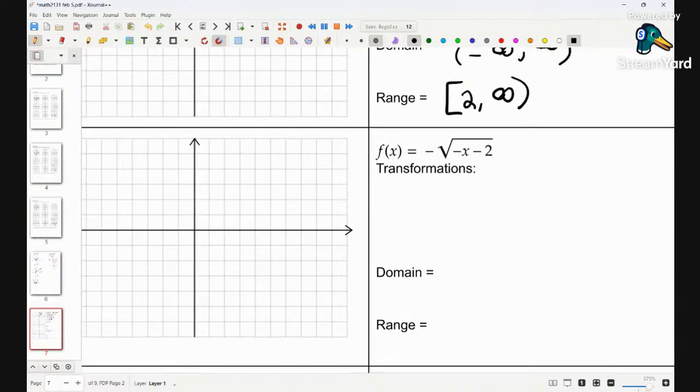Next, new function. Square root. Got to know its basic shape. Got to know the 8th grader 0, 0, 1, 1 and 4, 2. 3 points. Sketch it. 0, 0, 1, 1, 4, 2. It's going onwards that way. That's what we actually call the parent. That's the parent. The next thing I'm going to look at is immediately learn to look at the inside and